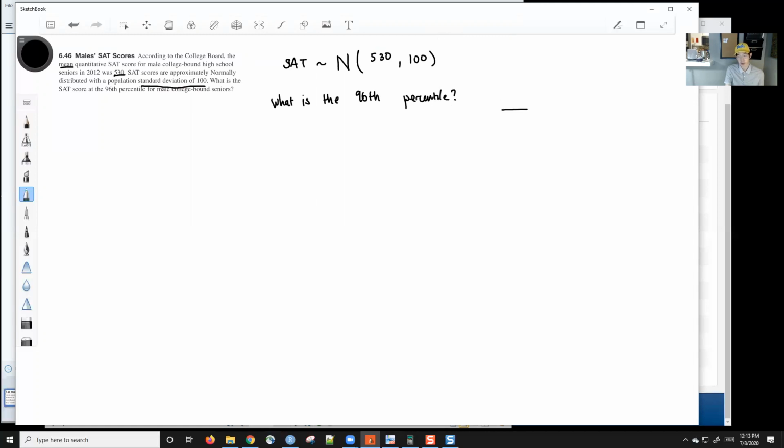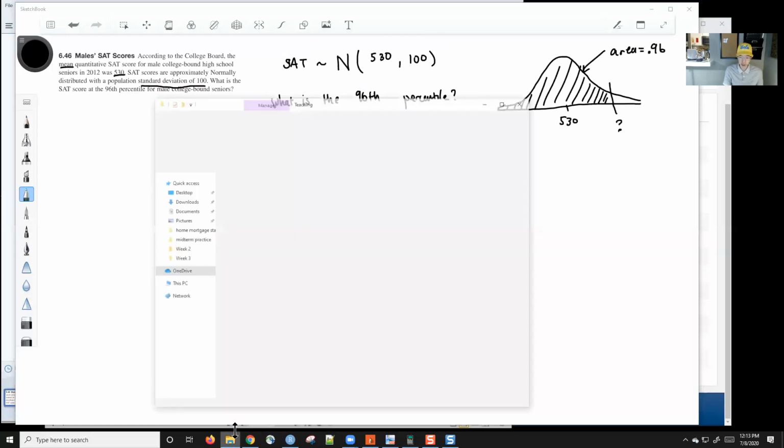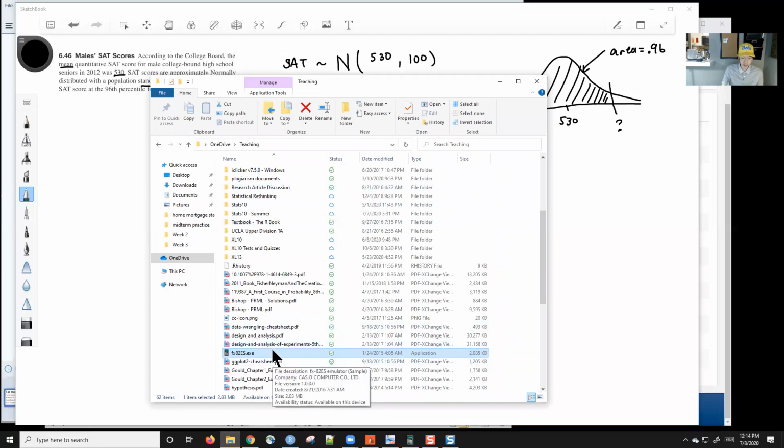Okay, so if I draw a picture, it looks something like this, right? So not 100. Right here we have 530. And what we want to know is, what is this score? Such that when I shade everything to the left, this area equals 0.96. All right, so what we do is, if we're going to use the table here,